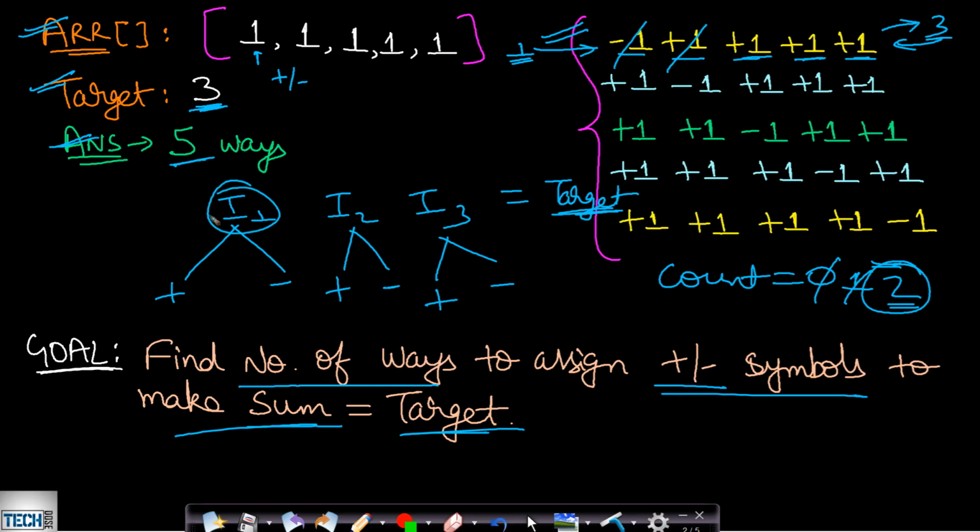Now since each item has 2 choices, just like the way we will select it or we will exclude it in a 0-1 knapsack, it has a 0-1 property. And also in this problem we are given a target value just like the bag capacity W. So we have the 0-1 property as well as the capacity, so this will be exactly the same as the 0-1 knapsack. This is a variation of that problem.